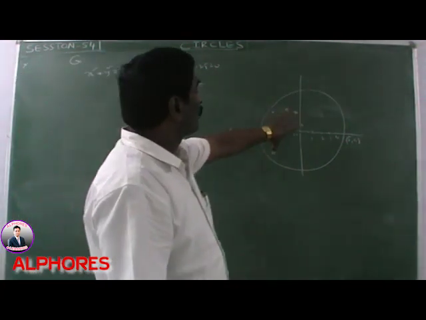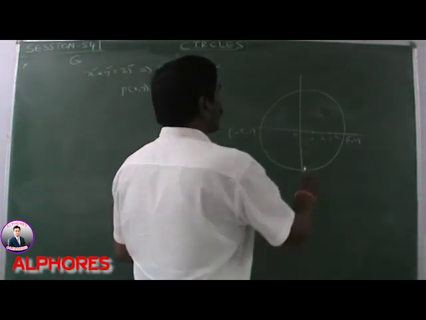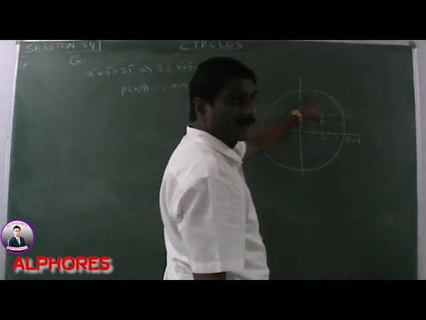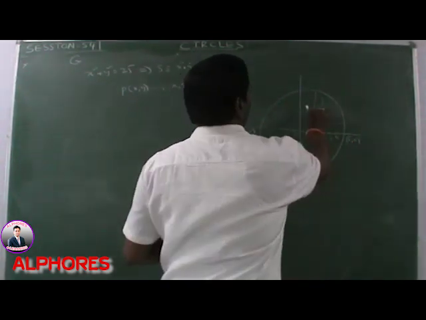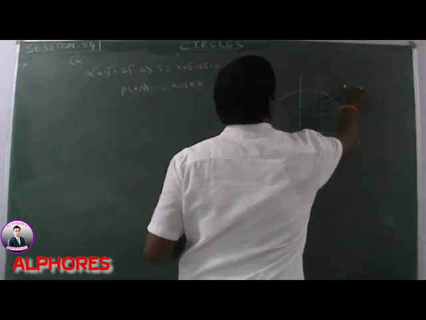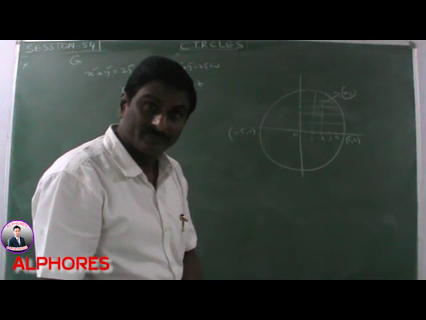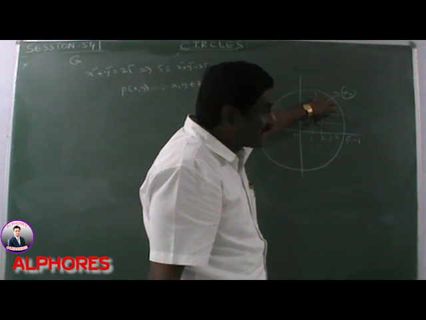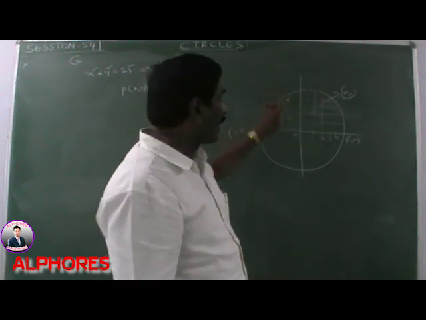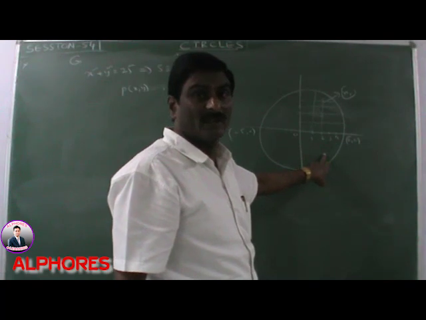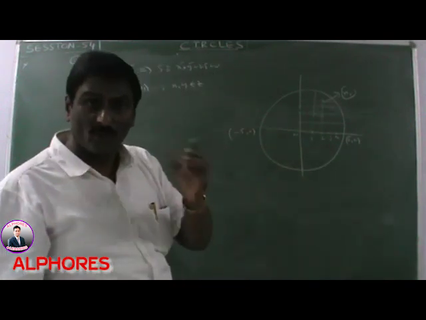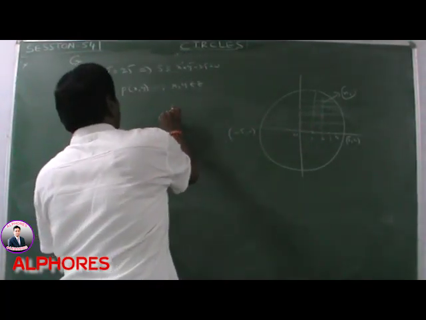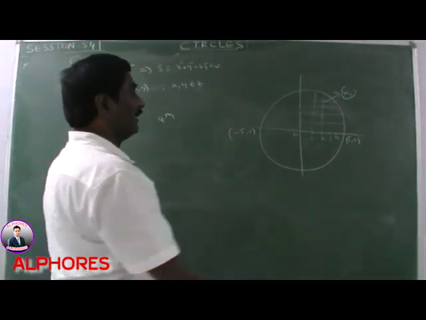The circle is symmetric about both the x and y axes. Suppose we find the number of integral coordinates in the first quadrant. First we find these values. The number of integral coordinates in the first quadrant is say n1. It is a symmetrical curve. If the number of integral coordinates in quadrant 1 is n1, quadrant 2 also n1, quadrant 3 also n1, quadrant 4 also n1. If we find the number of integral coordinates in Q1, then the number in all the quadrants is 4n1.